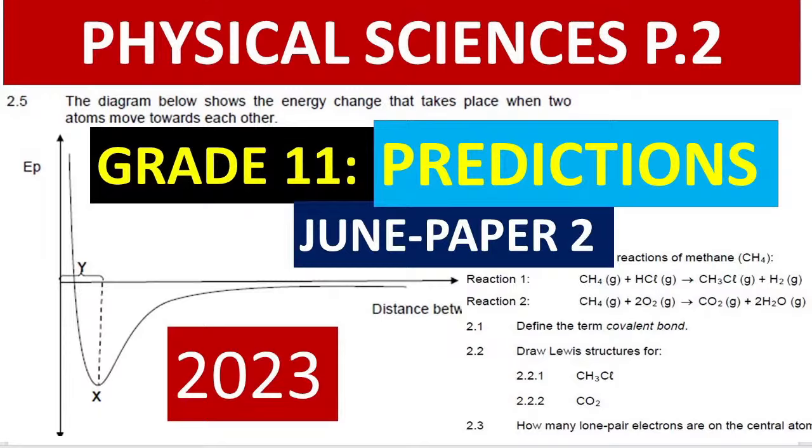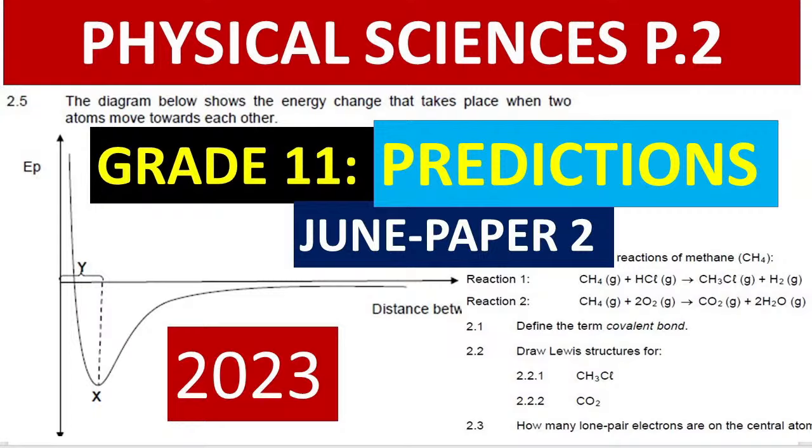The second, third, whatever, up to the number, it must have 8. 1, 2, 3, 4, 5, 6, 7, 8. But this first one must have 2. So hydrogen has only 1, so it is only remaining with 1 electron to be full. While helium, yes, helium has 2 electrons.